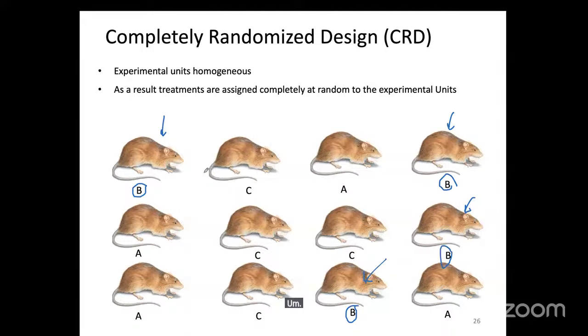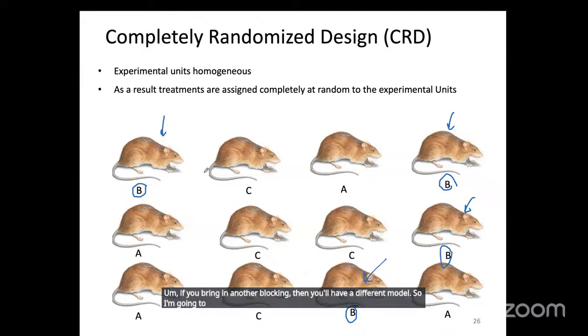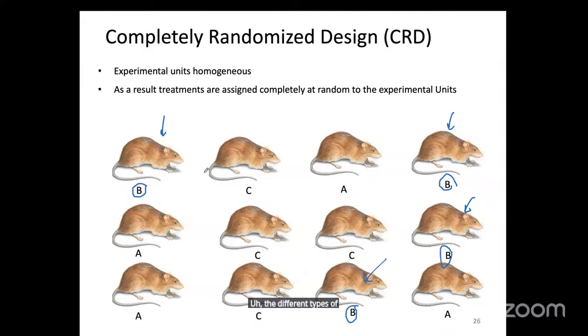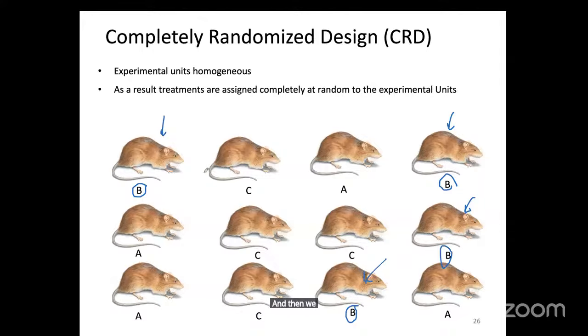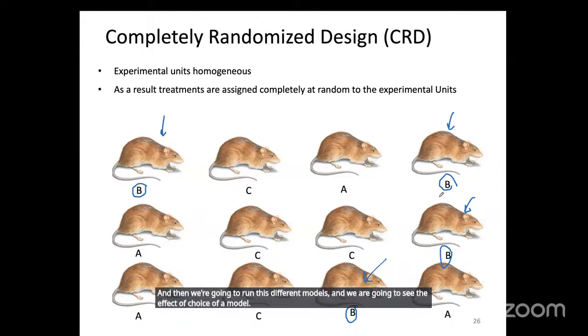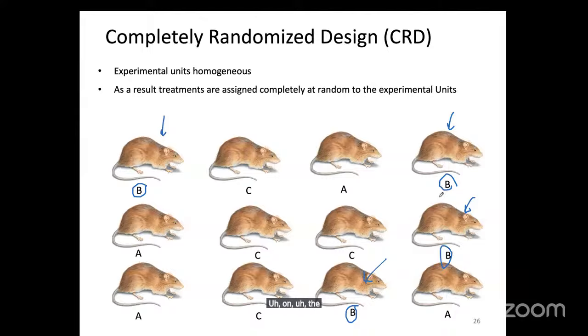If you bring in another blocking, then you'll have a different model. So I'm going to show you the different types of models for the different designs, and then we are going to go to R, and run these different models,